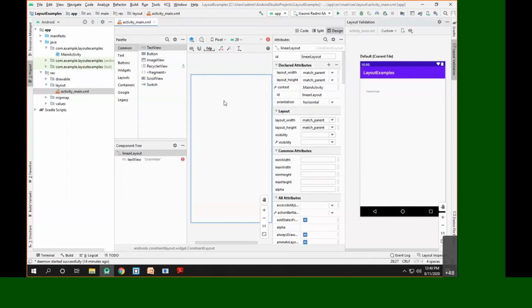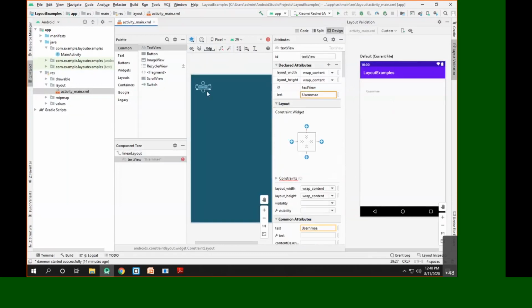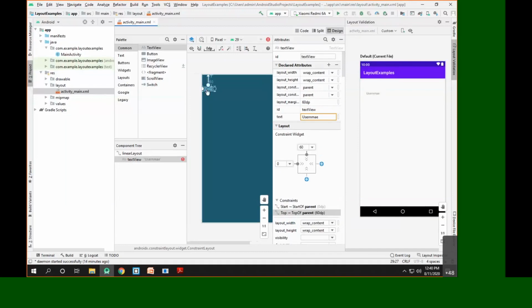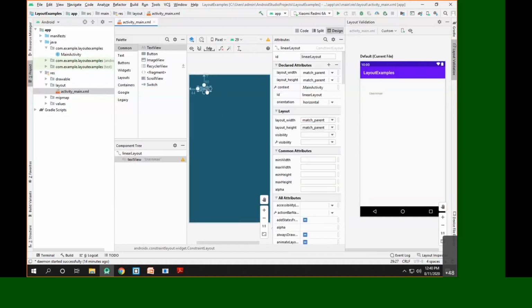Once I add the text username here, you have to assign the corresponding constraints to this. Minimum 2 constraints are required. So I'll add one vertical constraint by connecting the vertical anchor points, and one horizontal constraint by connecting the horizontal anchor points. So this is the username field.